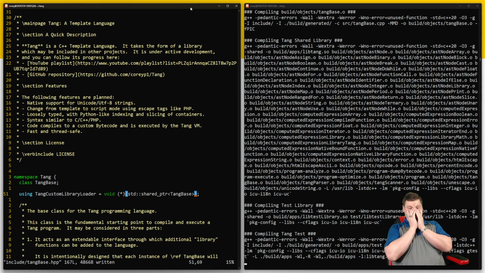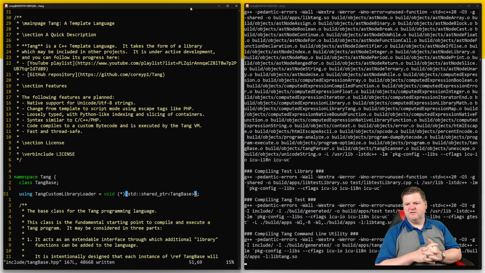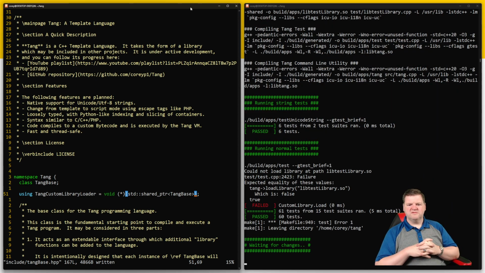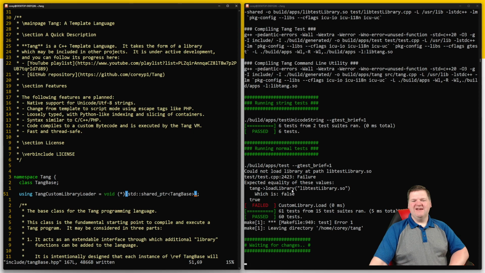Now, what do we do? Okay. I'm okay with this, because it says, could not load library at path libtestlibrary.so. It returned false, and I said it should have returned true, so my test returning false was correct. Why is it not doing libtestlibrary.so? Actually,